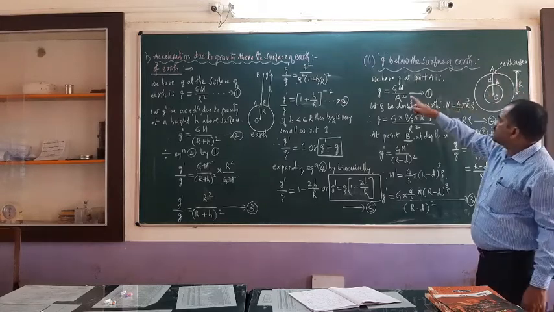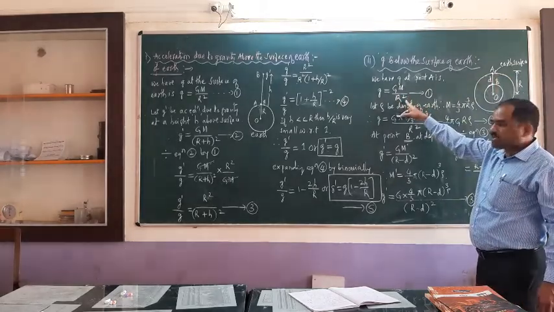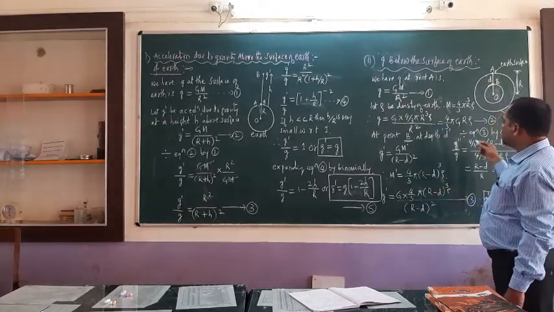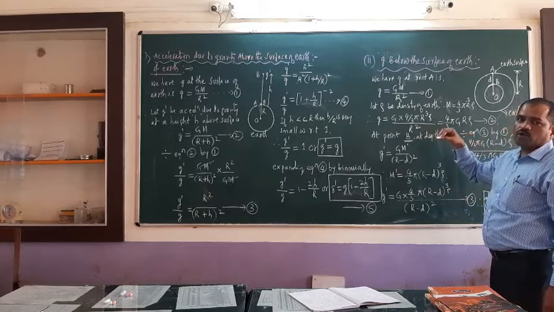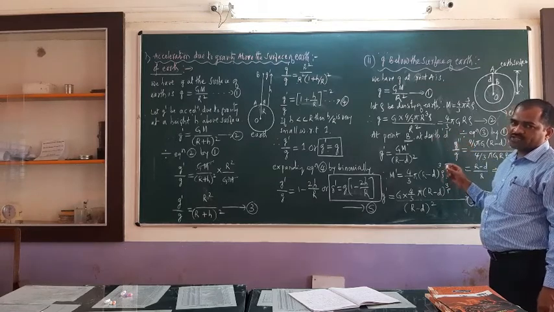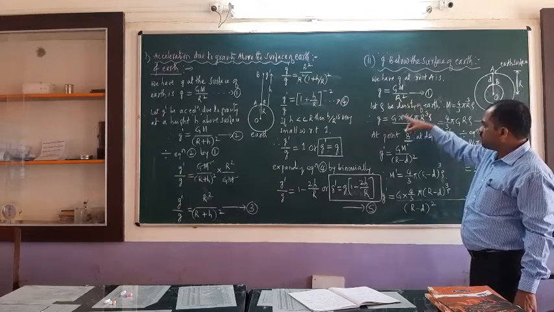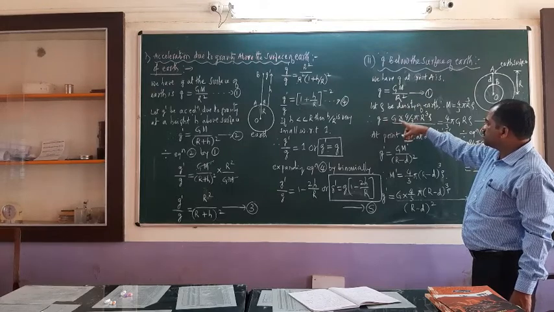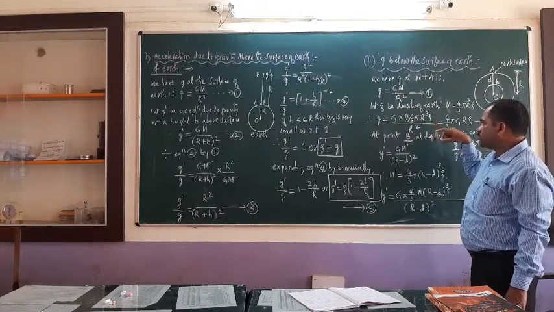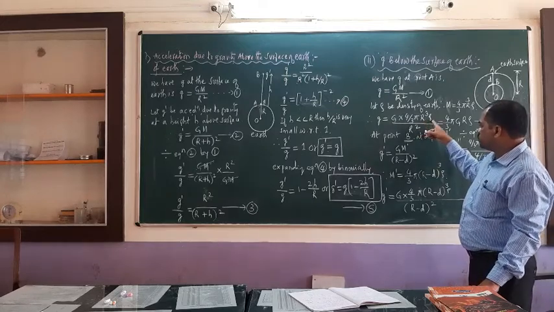So now let us write the expression. g at the surface of the earth, we already know, is GM divided by r square. Then let rho be the density of the earth. We know density is defined as mass per unit volume. Therefore we can write g is equal to, so what is mass? So g into M becomes 4 by 3 pi r cube into rho, because volume is equal to 4 by 3 pi r cube.